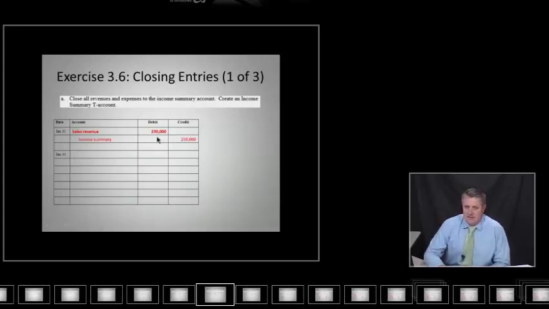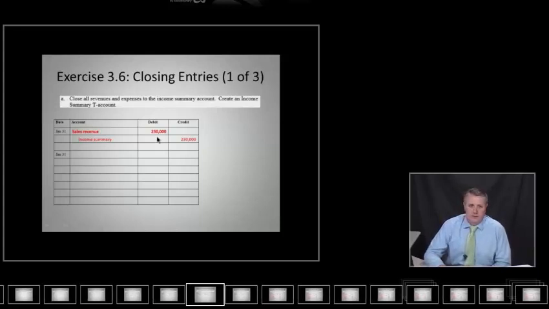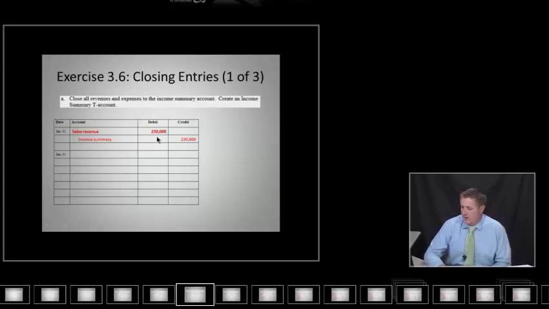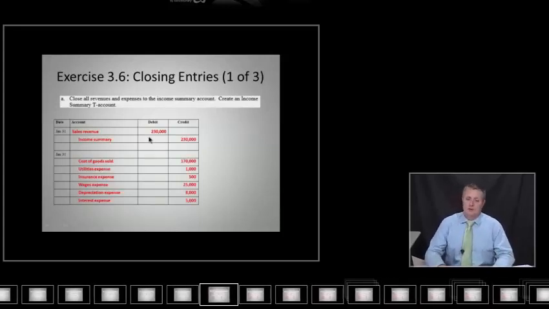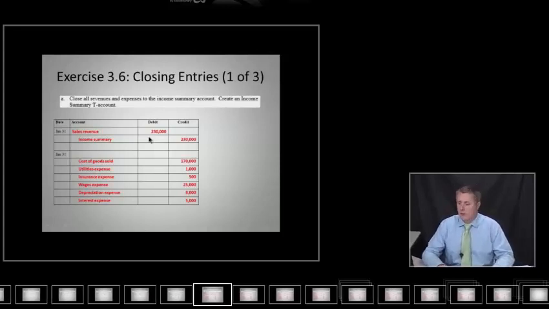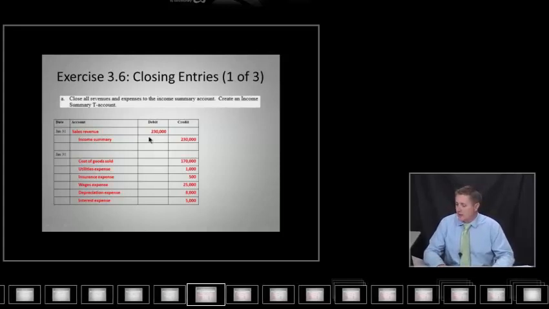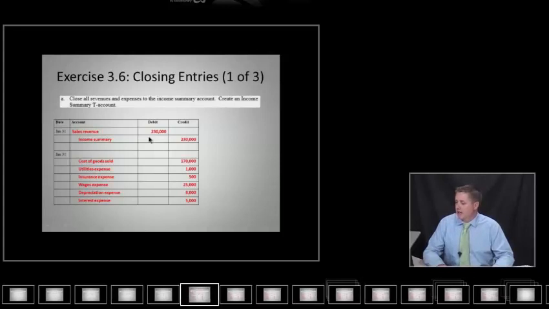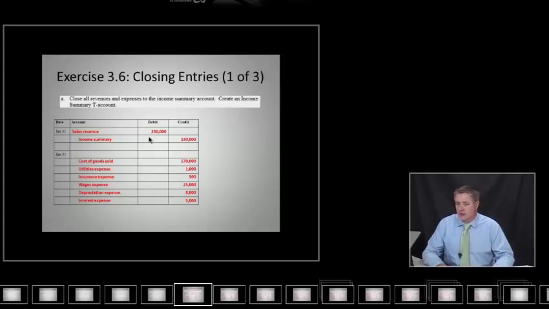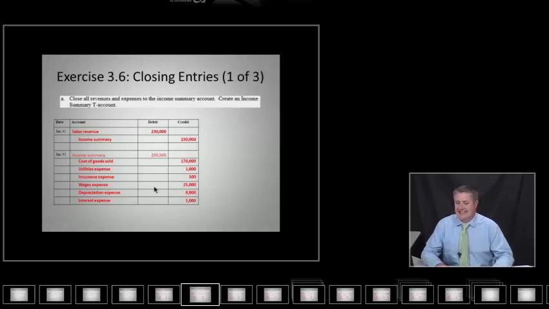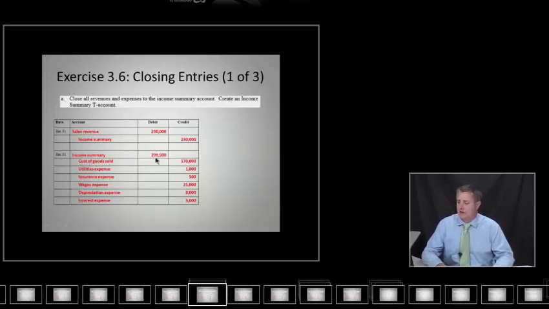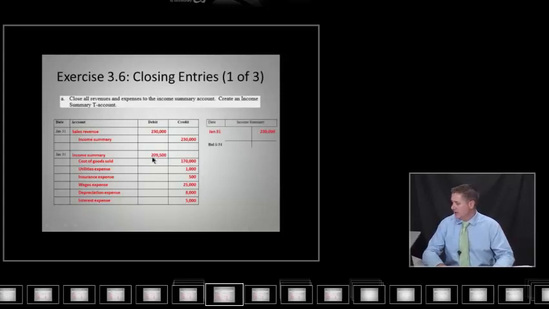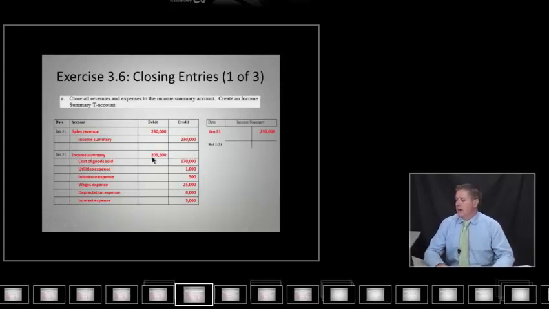And the credit side of that entry is going to be to an account that we call income summary for $230,000. Regarding expenses, to close our expense accounts, which have a normal debit balance, we would need to credit all of the expense accounts. And so the offsetting entry to close the expense accounts is going to be a debit to income summary. If we sum up all of these expenses, they will sum up to